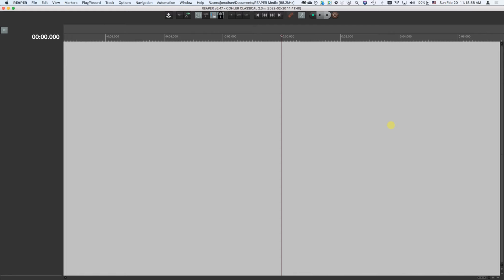Hi everybody. Today I'm going to show you the menu system in Cohler Classical. Cohler Classical has a menu system that is 100% customized for speed and efficiency and ease of use for classical music editing. Everything you need to do is easily findable at the top of the menus, searchable in multiple ways,